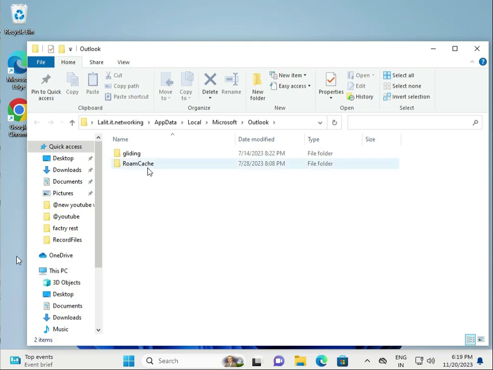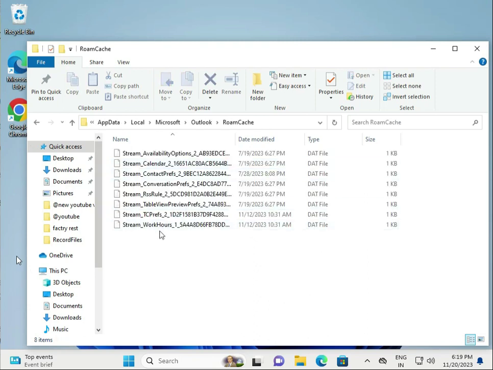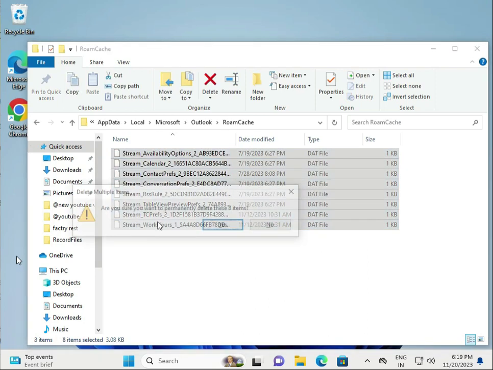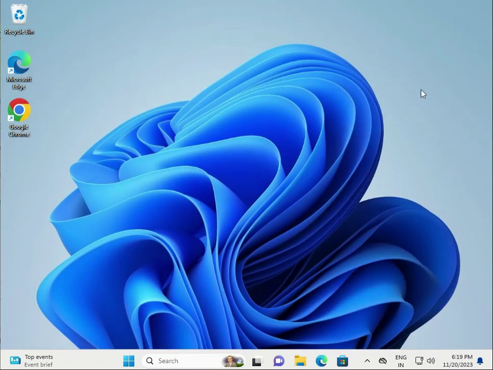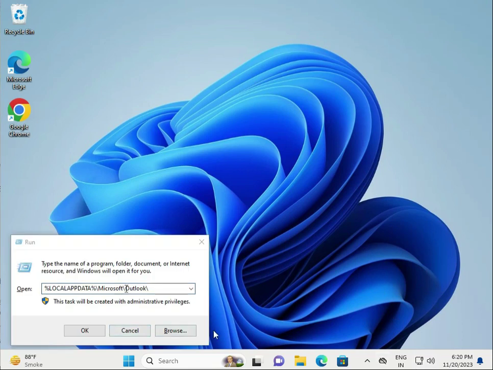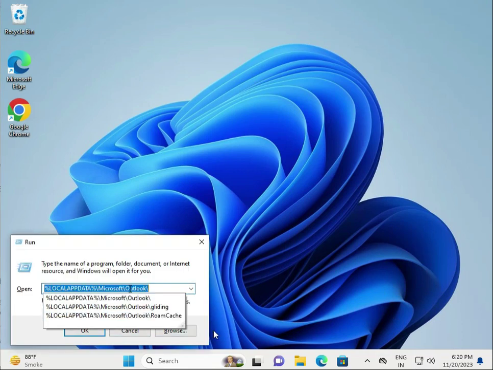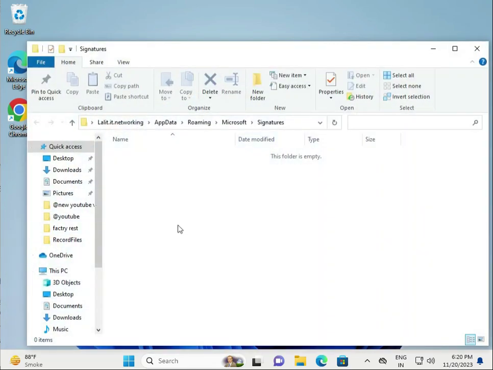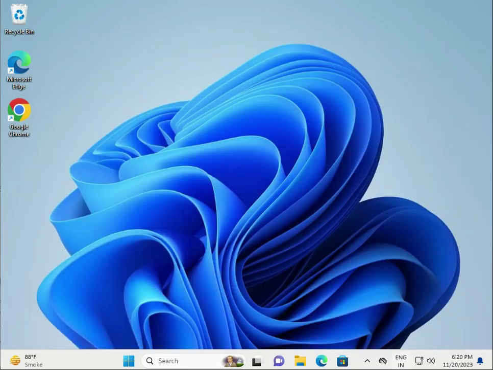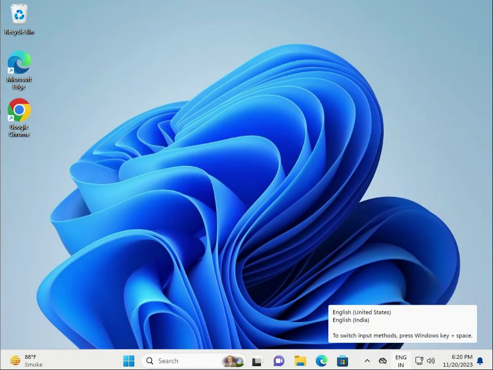Then guys, Roaming, cache, and select all and Shift Delete, and then close it. Second solution, same as it is. Then try the second signature. Then click OK. Then select all and Shift Delete. Then second solution. Third solution,